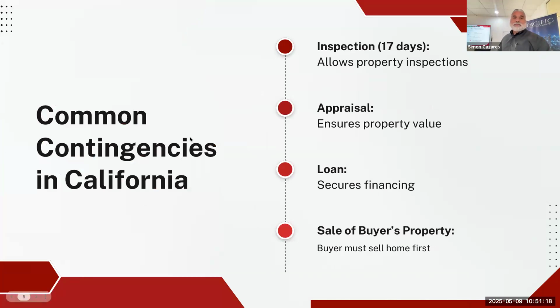So remember, the contract has a timeline, what we call an expiration date. After you submit an offer, you have 72 hours, 3 days after you submit, to acknowledge that the seller has received it and ultimately makes a decision to either accept, counter, or reject the offer. Now, if they don't respond within the 72 hours, what happens is now your offer becomes an expired offer.